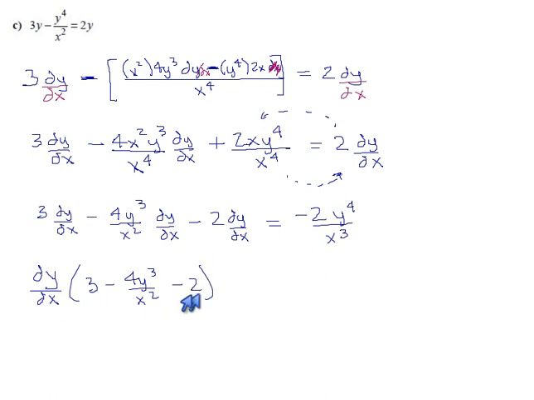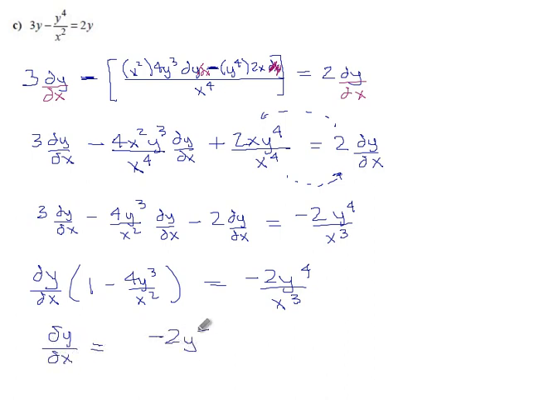No, I can't leave that alone. 3 minus 2, I'm just going to change this to a 1. That's much nicer. So 3 here minus 2 here ends up being 1. This term does not change. And on the right side, we have minus 2y to the 4 over x cubed. If we want to solve this for dy/dx, we divide both sides by that term, and dy/dx equals